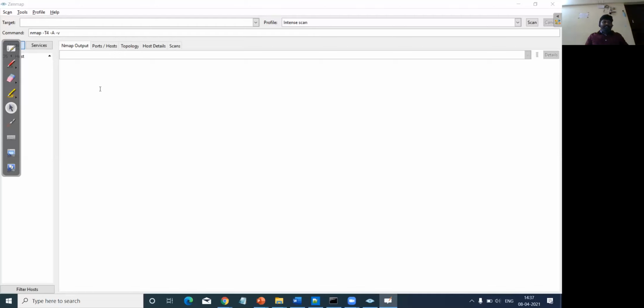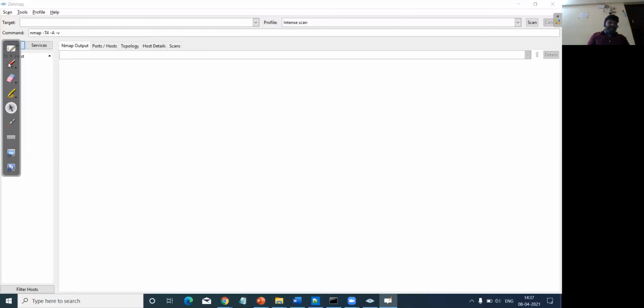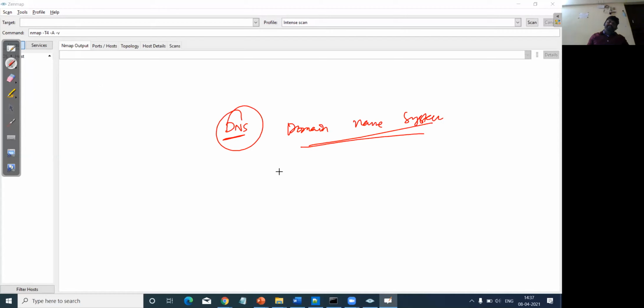Now, this Zenmap GUI is going to work based on DNS, the domain name system, which does the conversion of mapping. Suppose you are entering google.com.